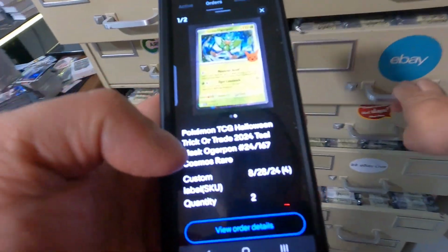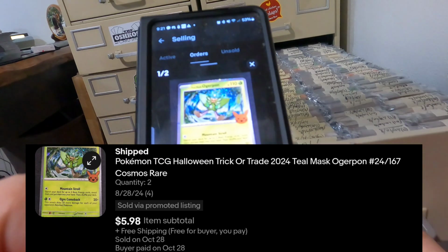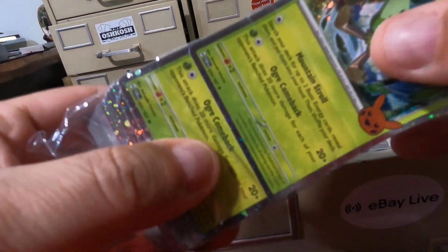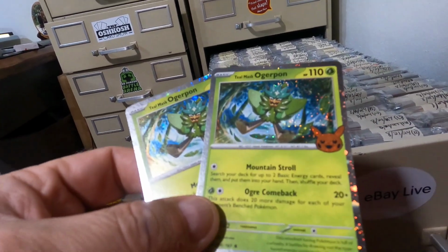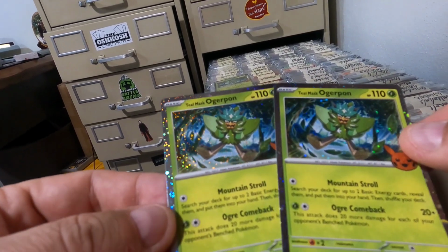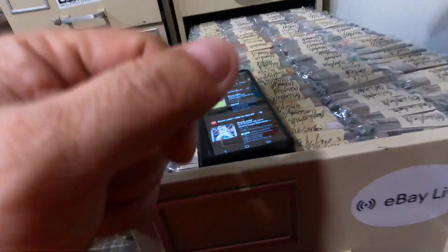Alright, I got a couple of Pokemon Trick or Treat cards. Gotta love that. These are in 8/28/4. Bag 4. Here we go. And it's 2 of the foils. I have a bunch of these because I bought a couple 120 packs at a Costco, but it's the foil inserts here of this Teal Mask Ogerpon, whatever that means. And those two sold for $6, so not bad considering I was paying like $20 for the entire